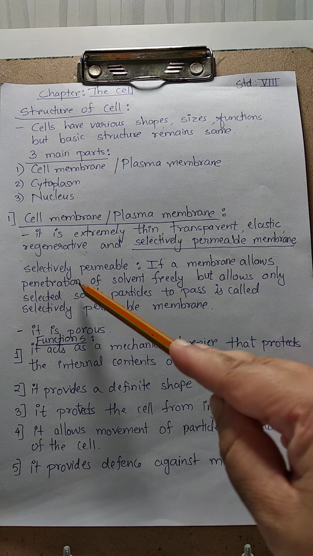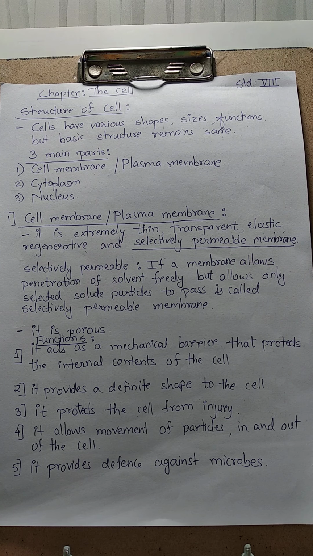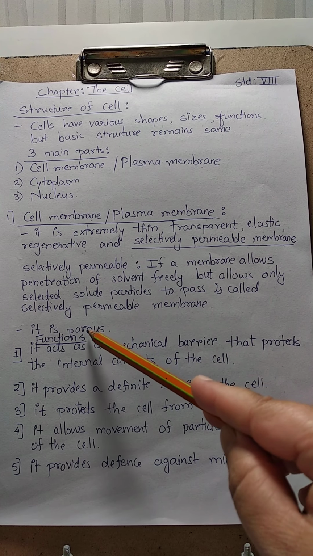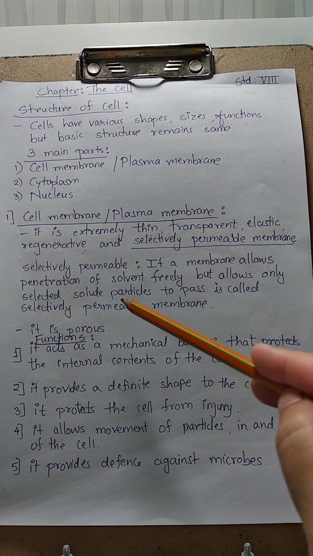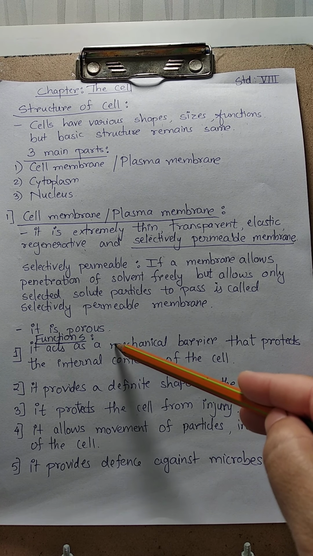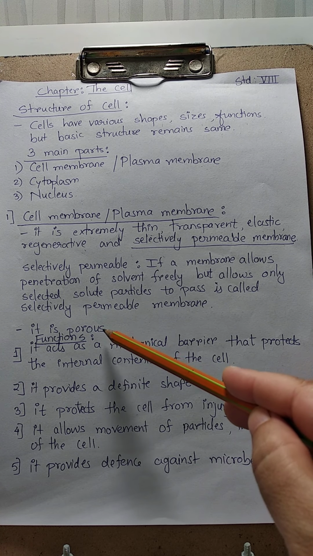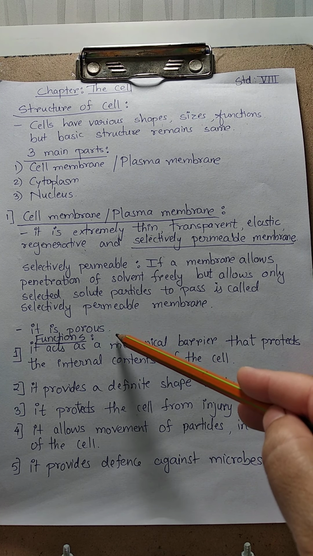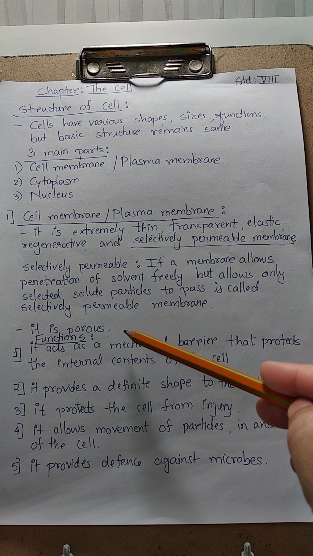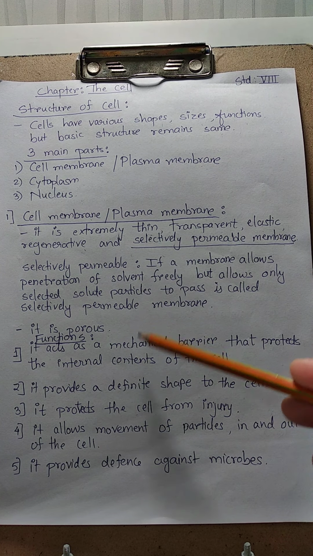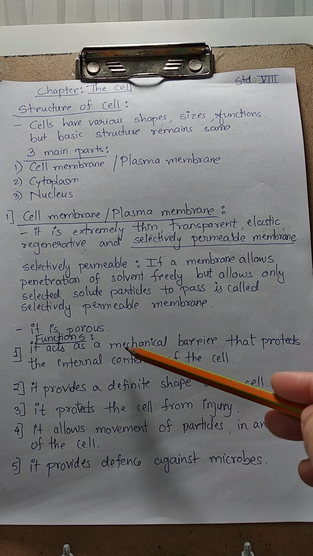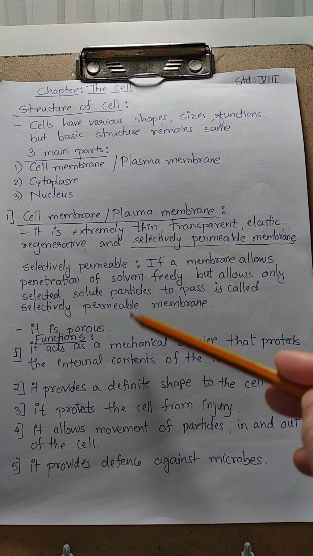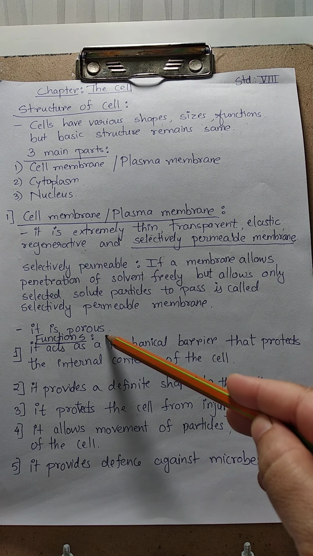What is the meaning? Now what is permeability? Permeability means any membrane which is porous, right? So this plasma membrane is porous in nature. Porous means it has a lot of minute pores on it. Now why are these pores present? So that it can allow the movement of solid and liquid particles as well as gas particles in and out of the cell, right? So that solid, liquid or gas particles can move in and out of the cell. So that is why the plasma membrane is porous, right?